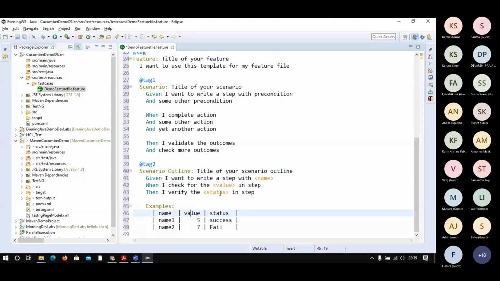Value we are using here like this, means parameters heading here, and status we are passing here like this. And what it is trying to do, it is just passing this test data, and this test case will run for 2 times because it has 2 rows. This is the heading and this is 2 rows. So it means this test case will execute for 2 times.